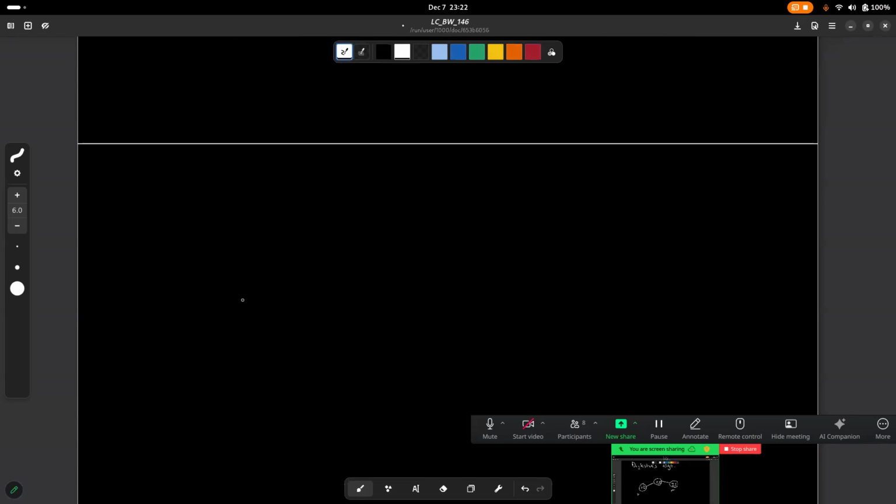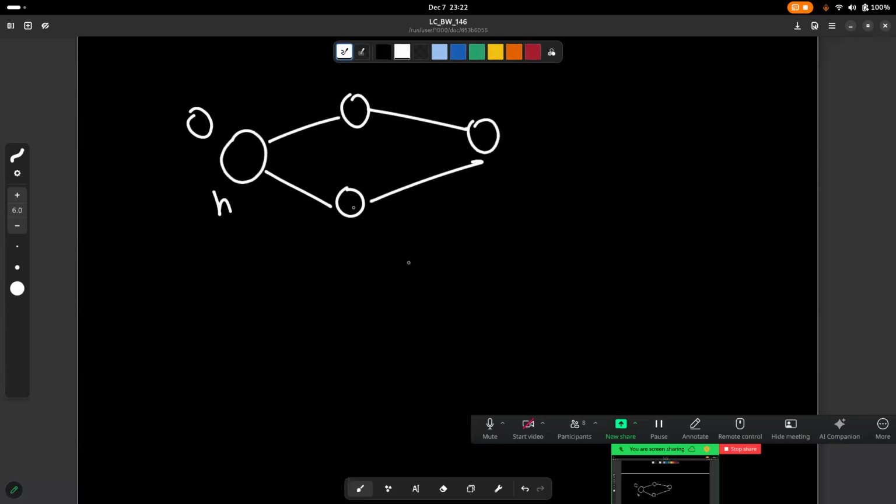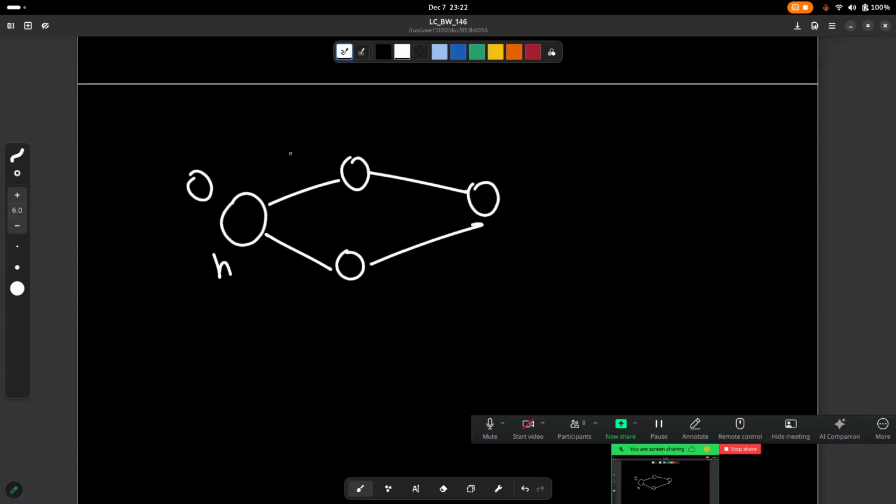In Dijkstra's algorithm, we say that I'm starting at n. Initially, my n has a distance of 0 from itself. Then let's say that we have these 3 edges. Say that this edge has weight of 4, this has a weight of 7, this has a weight of 5, and this has a weight of